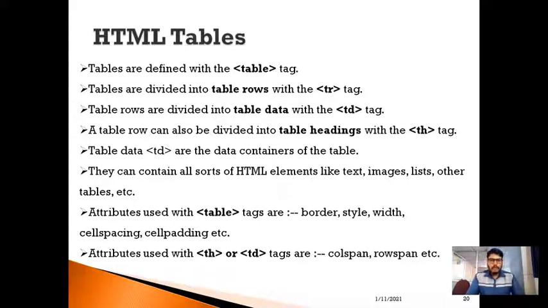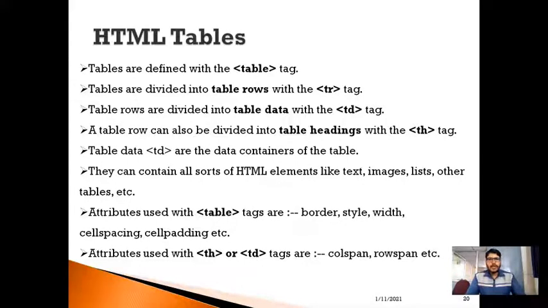Similarly, while creating a web page, we can create tables by using HTML table tags. By using these tags, we can include a table and decide how we want the table to be displayed in my web page. In that way, we can include HTML tables here.